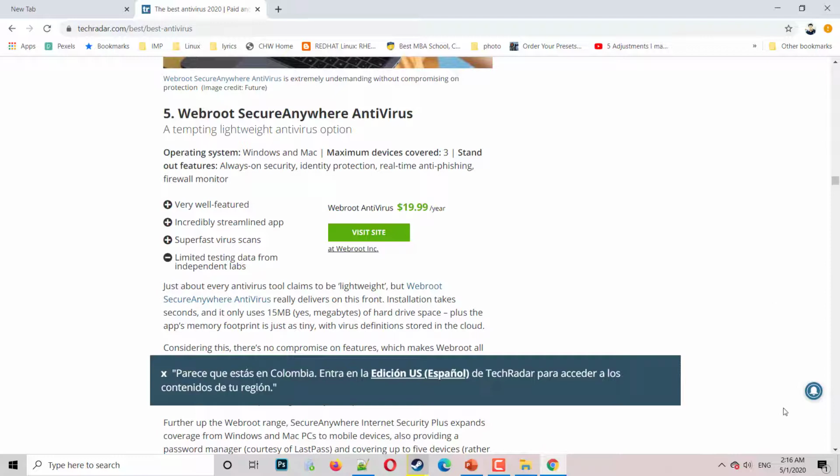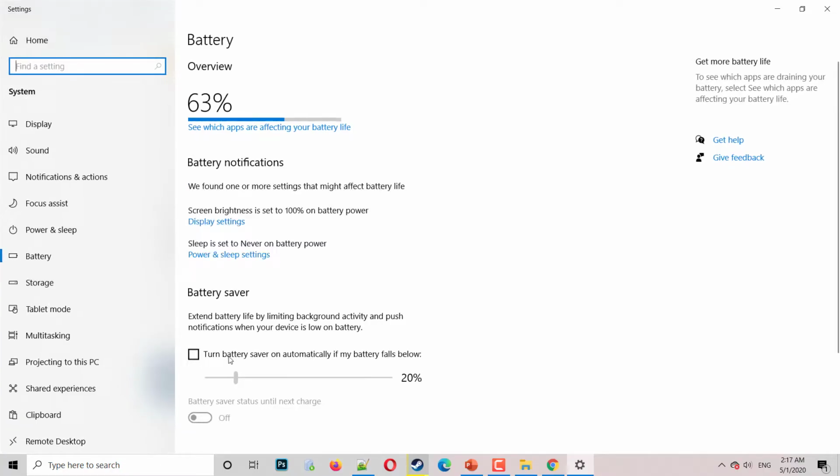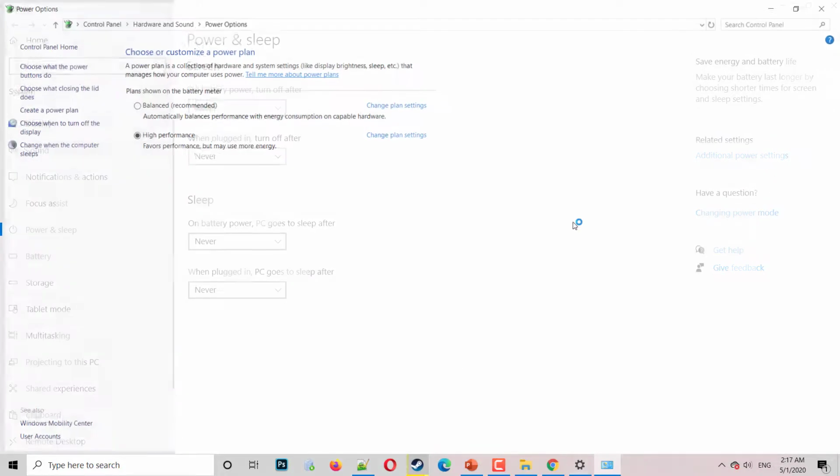Another thing you can do is to change your battery settings. If you are using a laptop, you can change your power settings. There are additional power settings.